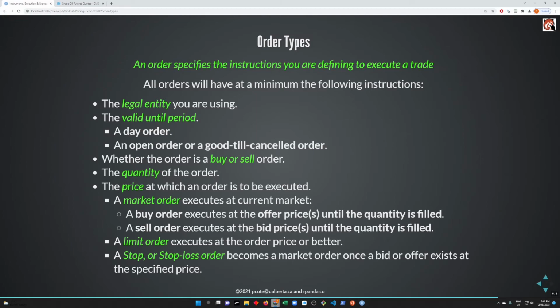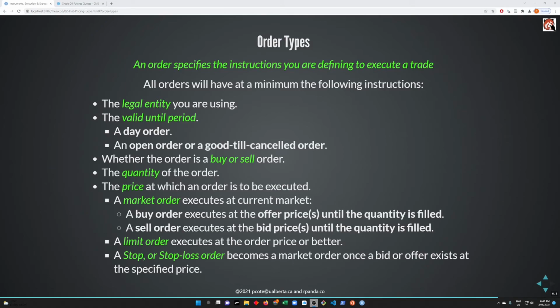The most common type of order will be a market order. When you submit a market order, it will execute against whichever bids or offers are in the marketplace on the exchange, meaning that it will be executed at whatever price someone is willing to sell at if you have a buy order, and vice versa if you have a sell order.